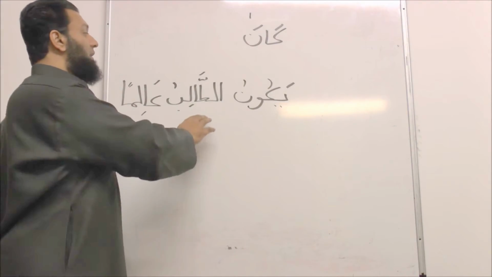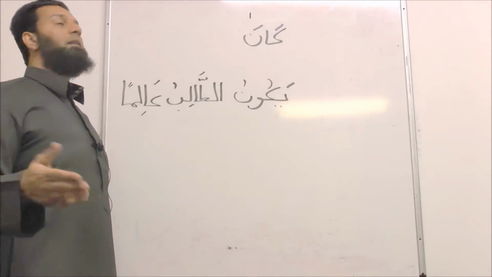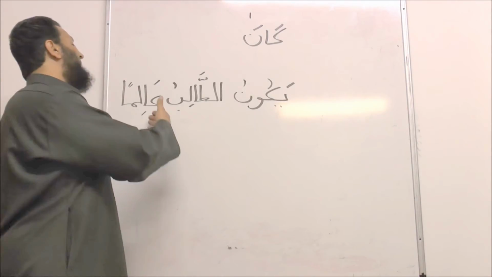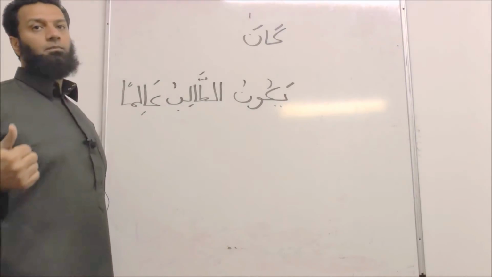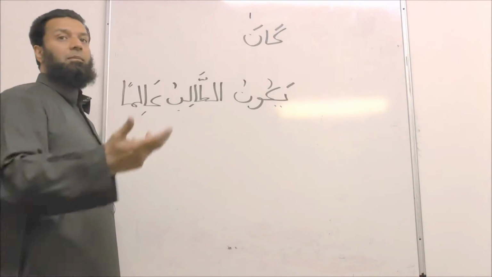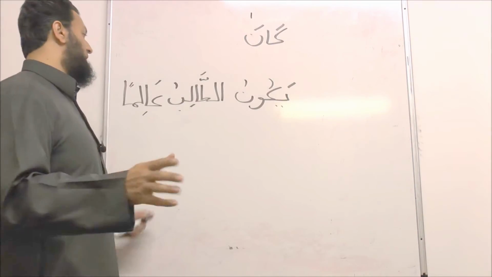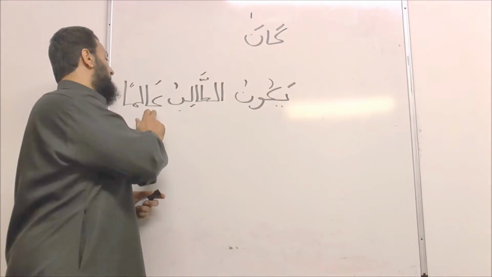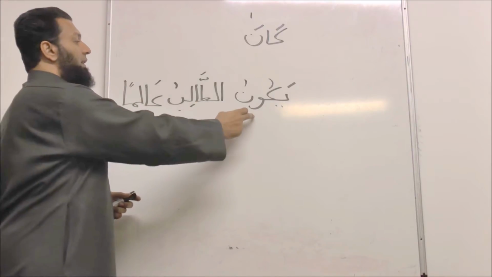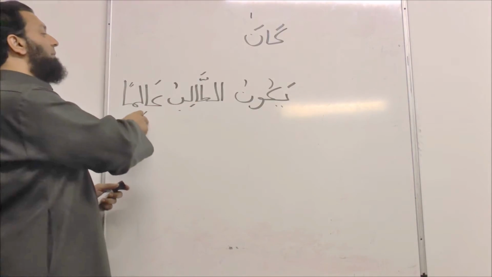Well, at-talibu means the student. Aliman means an alim, a scholar, a person of knowledge. Or if you understand in a secular sense, it means a scientist. So yakunu at-talibu aliman means